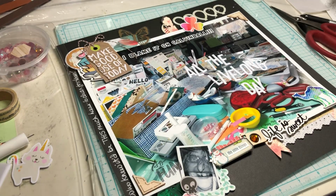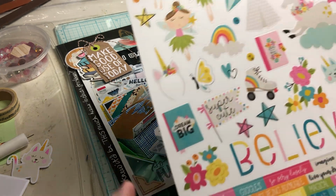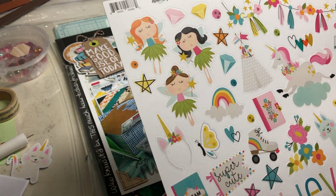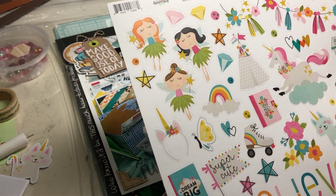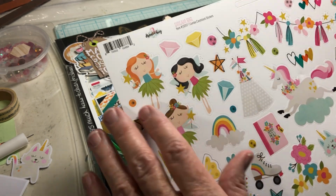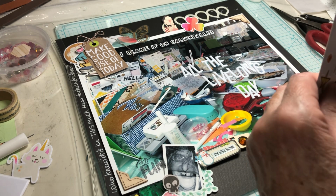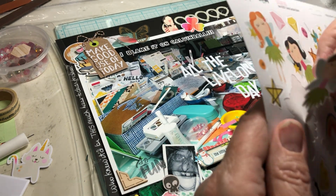Okay, I have a sticker sheet. I won a prize when I won the bingo game at Mind the Scraps Cybercrop a couple weeks ago, and this was my prize, and I'm going to give most of it to Ava, but I'm going to use the fairies for Calvinball. So there's one. Okay, I'm going to layer it underneath the butterfly,